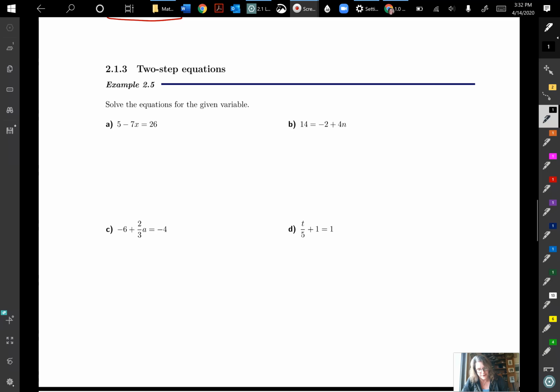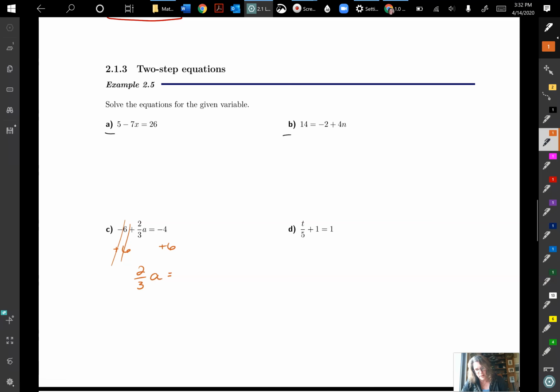I'm going to do C and D actually, because those have the fractions in them, and you can try A and B after I'm done with those. So for part C, we want to add 6 to both sides first to isolate our variable term here. We want to get that by itself. So that goes out, and we're left with 2/3 A